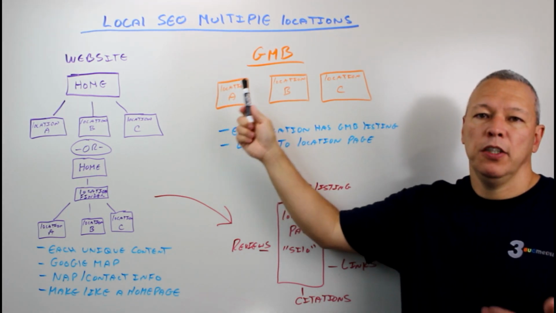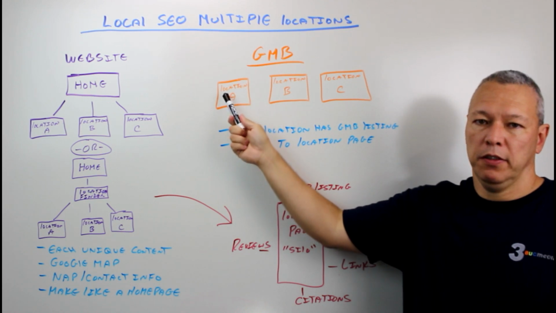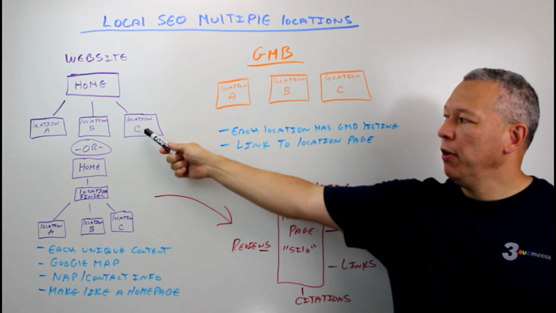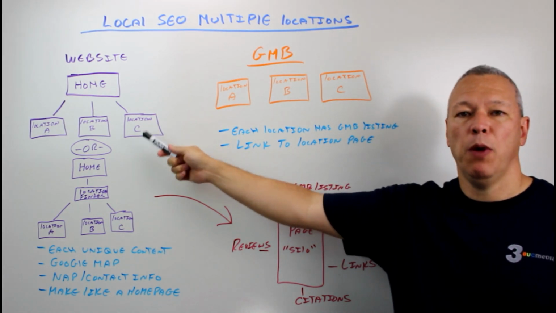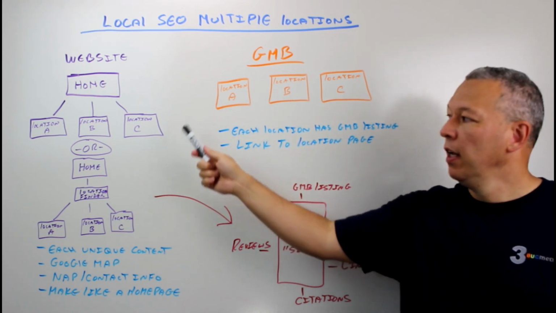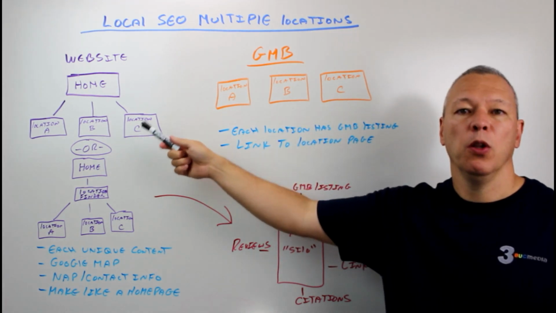Okay, moving on to Google My Business page. Every location should have its own Google My Business listing, okay? I assume you probably already know that, but now that you have a nice location page on your website, instead of linking all of these Google My Business listings to your homepage, link them to the individual location pages,